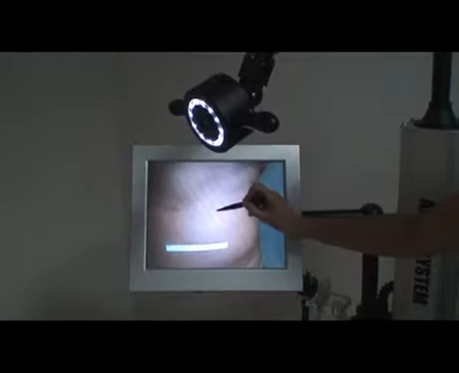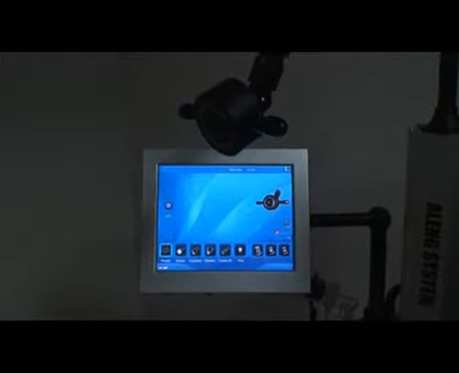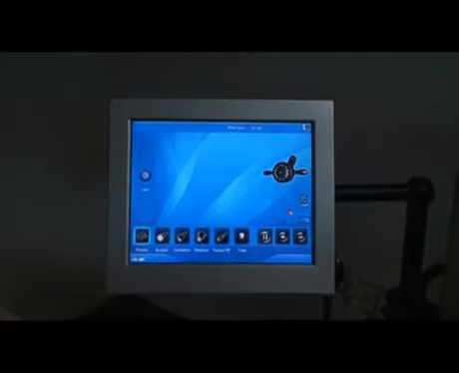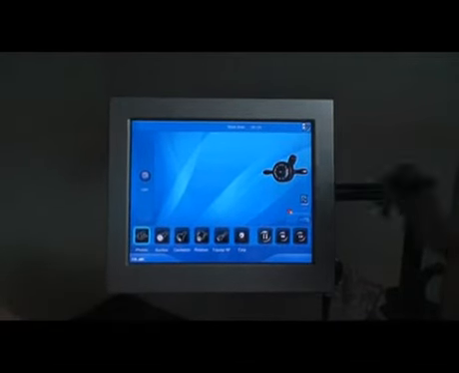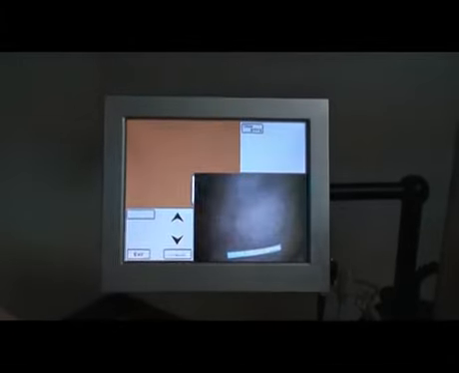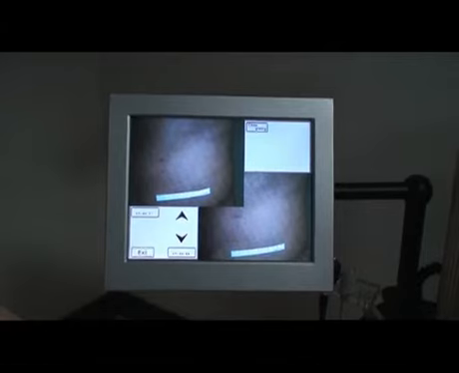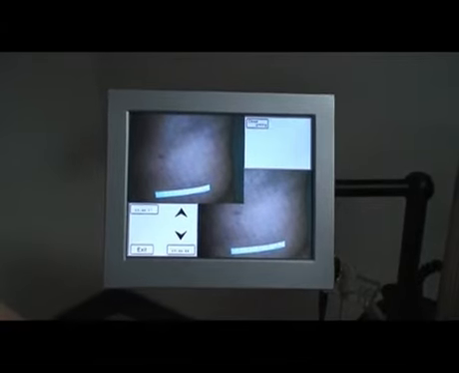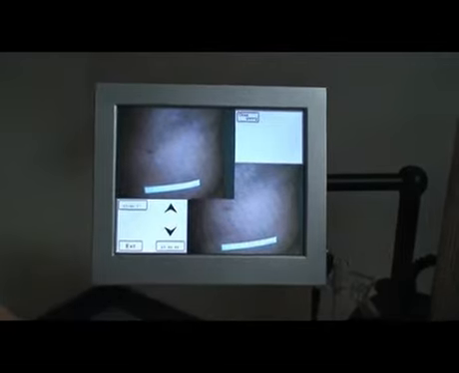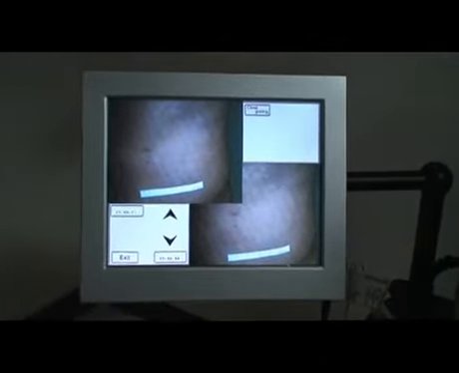The machine will make two sounds like D, D. The first D means the shooting success. The last D means the photo is saved. When it's finished, go back to the last page. Click the screen. You can see the photo. The following operation is to measure.